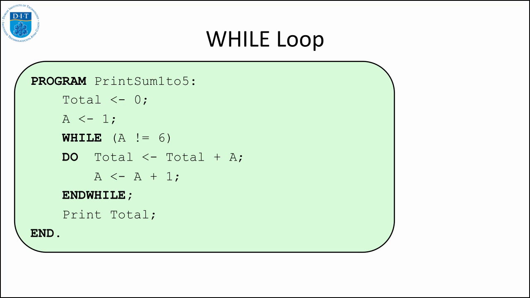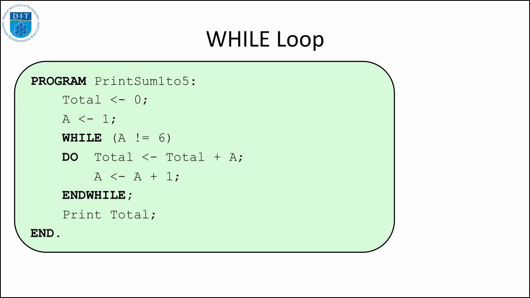Then we add total, it's 3 plus 2, which is 5. Then A becomes 4, 5 plus 4 is 9, so that's the total of 1 plus 2 plus 3 plus 4 plus 5. So the only difference between this and the previous program is instead of printing out A, we